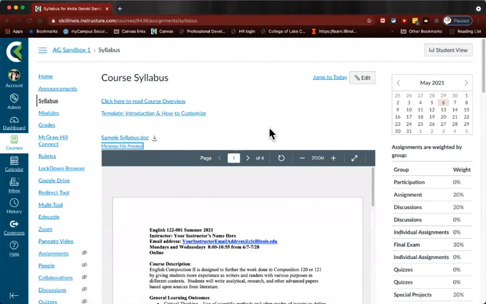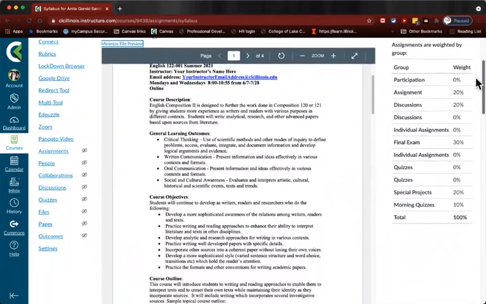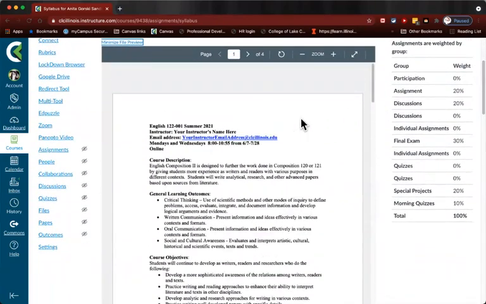So making sure that you follow through your syllabus, you read through it carefully, and you understand what the course expectations are as they are set by your instructor. So when I mentioned earlier that the modules delivery model is the most common delivery model, if that's not what your instructor uses, you will find that information here in your syllabus. So it's really important for you to read through the syllabus very carefully.